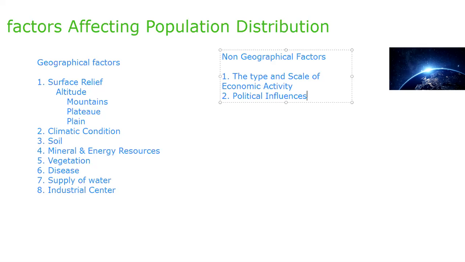But comparatively, people love to go to European countries, Australia, New Zealand, or Canada, because of the political influences. They are politically stable, and there are policies which are favorable and suitable for people to go and live there. So the countries with good political influences have better population density or more population distribution. Right, then